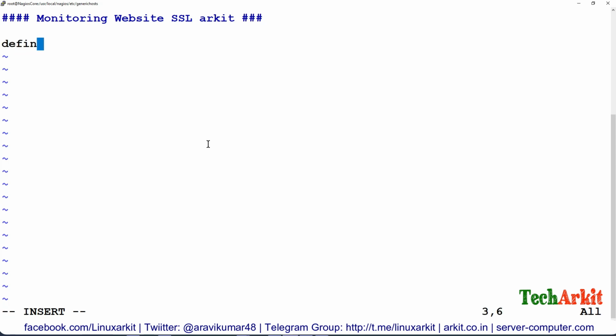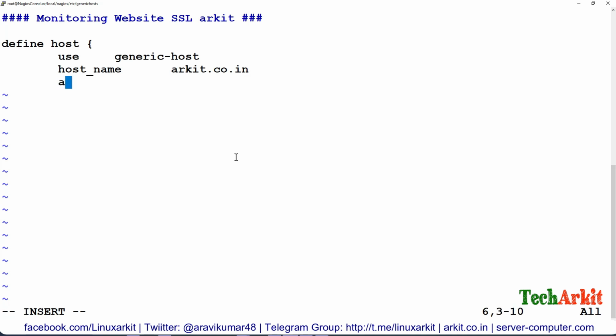So define host and use some generic host template. I would like to use it here, and host name. Which host name would you like to use? I would like to call this arkt.co.in, easy to identify, alias web server arkt.co.in, and address.